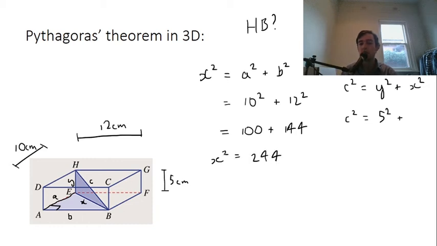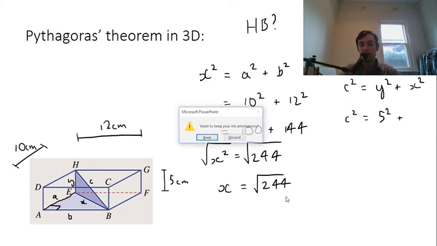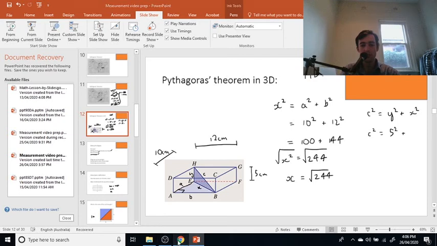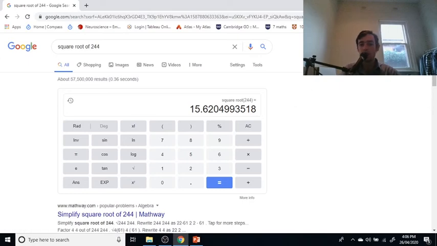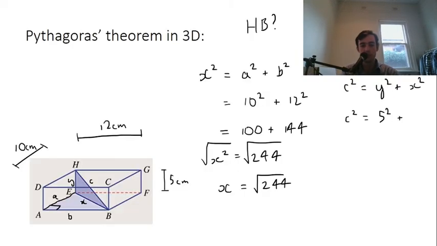Now I hope you remembered how to get rid of this squared. You need a square root both sides. So that'll cancel out the squared so that we only have X left equals square root of 244. And I really hope this doesn't disappear. I don't know what my PowerPoint is doing, but we'll see. So this is telling us it's 15.6, roughly. Okay. 15.6 centimeters. And now we can finally work out what C is because we found out what X is and